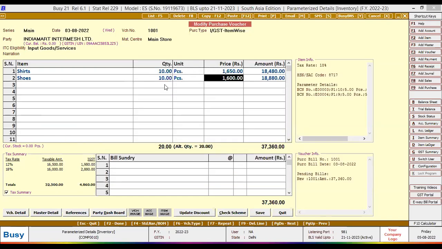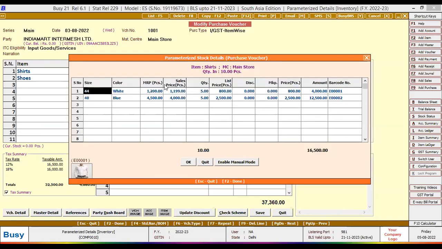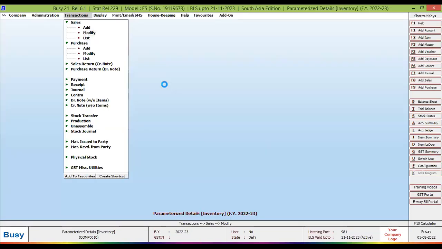As I have made the purchases in a parameterized way, along with the BCN number, and maintained the quantity, the stock is taken in through the purchase. Now I am moving on to the sale part. In the sale part, you can see,